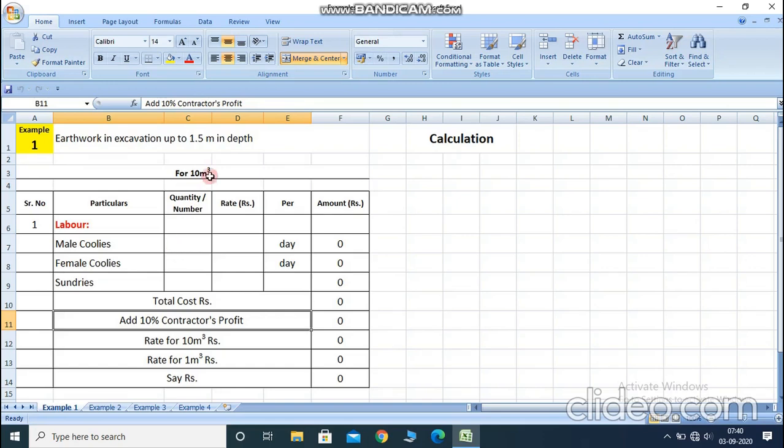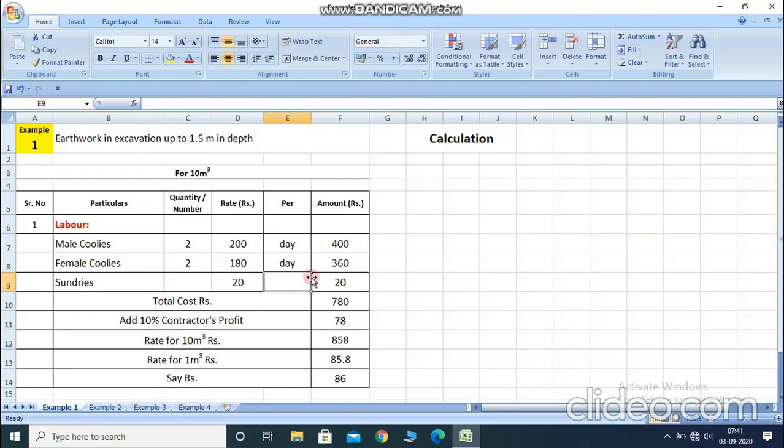So to find out the earthwork for 10 meter cube, the number of labor required: male coolie we require 2 and female coolie we require 2, and the rate as per the current rate or as given in the textbook. In the textbook 200 rupees is given, so we take 200 rupees as the male coolie rate per day. Female coolie rate is 180 rupees, and sunrise means extra cost is given like a lump sum value, so we take 20 rupees per 10 meter